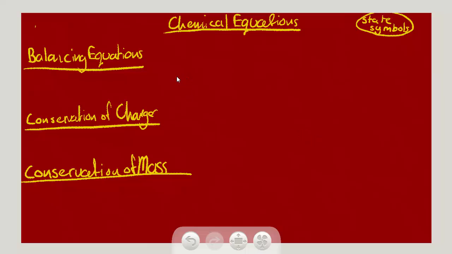Okay, so the next module is about chemical equations. The first thing to learn about in chemical equations is balancing equations. Balancing equations is essentially about the different elements and atoms that are present in a chemical reaction. For example,